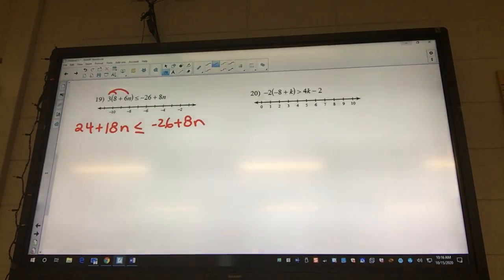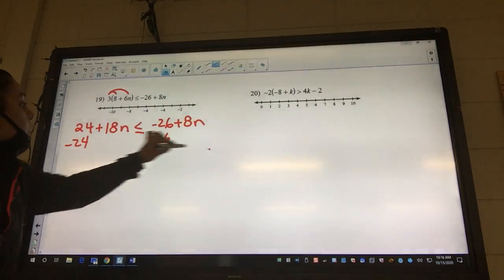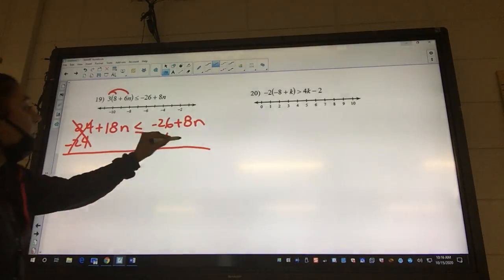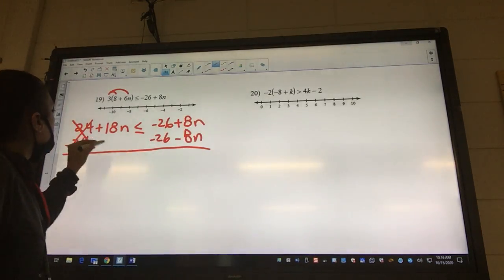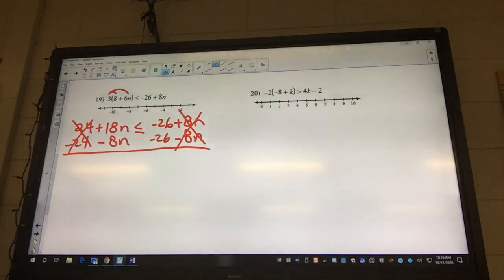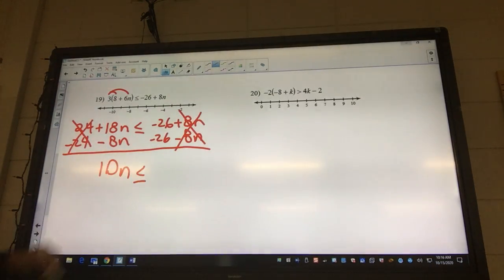Letters to the left, numbers to the right. So what needs moved? The 24. And where does it go under? Under the 26. What else needs moved? The 8 goes under the 18. Okay, so I'm going to get a 10n less than or equal to